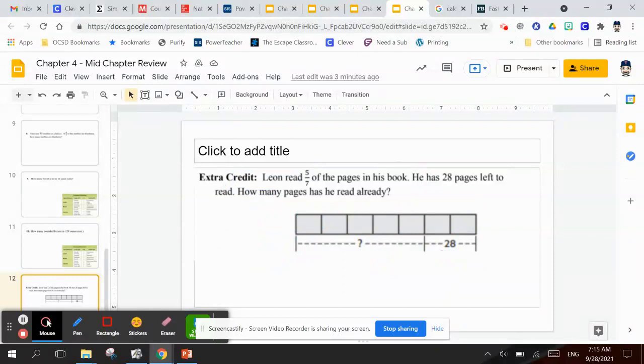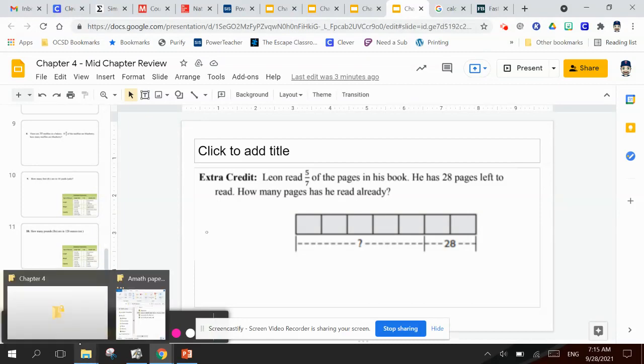So this problem here has an extra credit question to it. And it says Leon read 5/7 of the pages in his book. He has 28 pages left to read. How many pages has he already read? So you could multiply 5/7 times 28 and do all that work, which we'll do. So I have 5/7